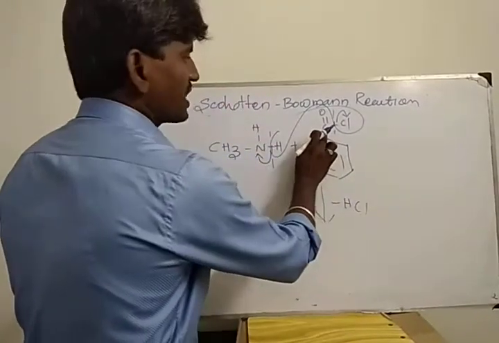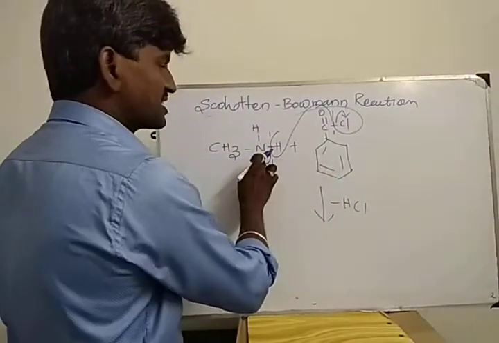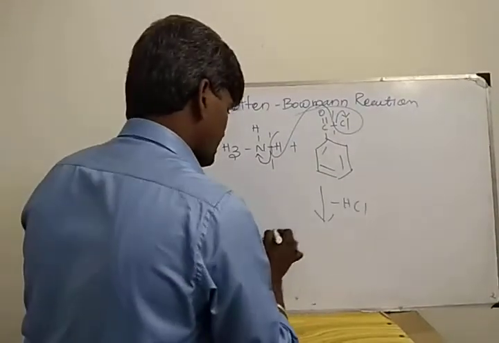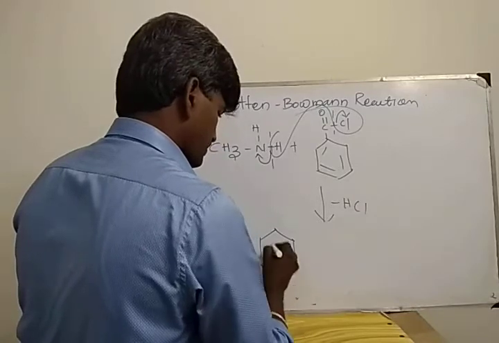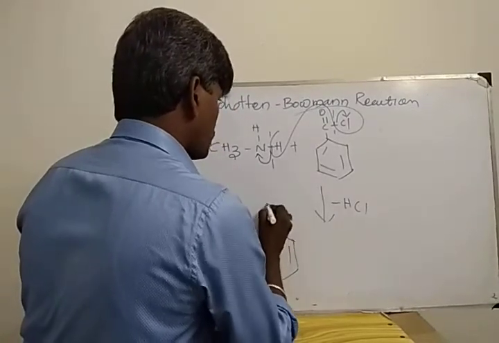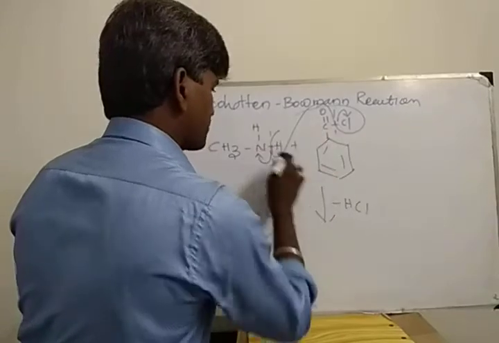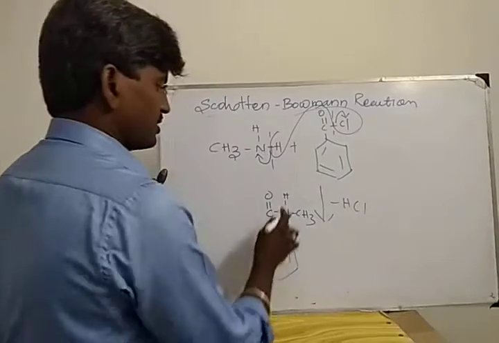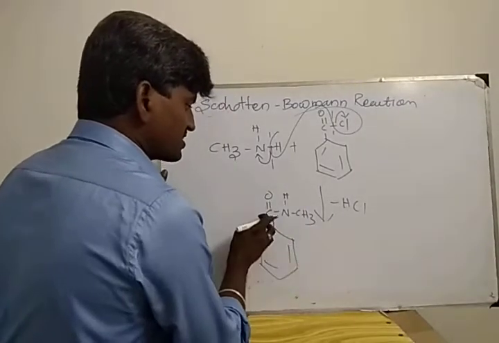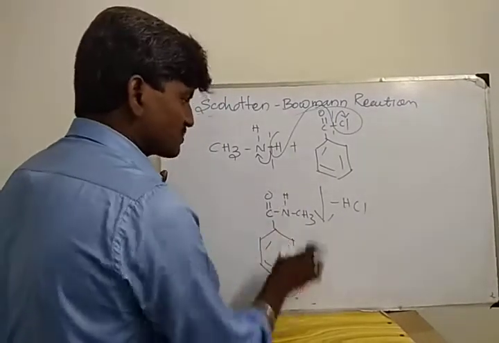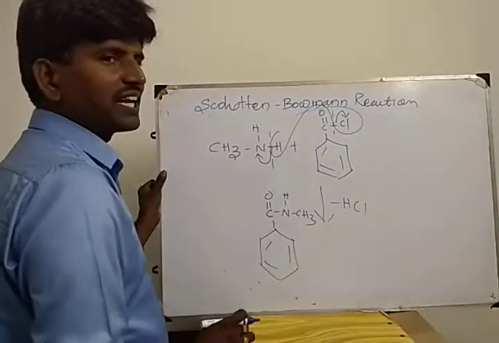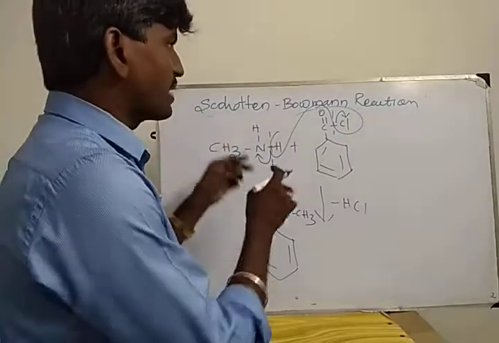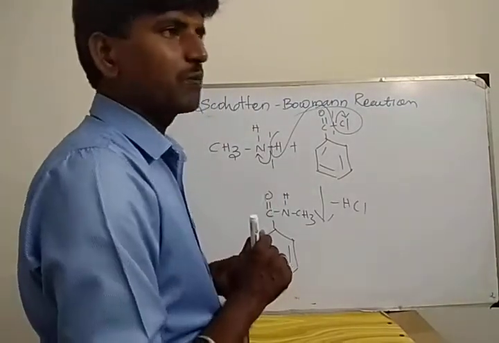What's the charge of the carbonyl carbon? Plus. The nitrogen charge is minus. So a bond forms between the carbonyl carbon and nitrogen, and you get the product: C double bond O, carbonyl carbon plus, N minus, NH CH3. C6H5 C double bond O NH is called benzamide. Here the methyl group is attached to the nitrogen. So what's the name of this compound? N-methyl benzamide. Okay, important naming reaction: benzoylation is called the Schotten-Baumann reaction.